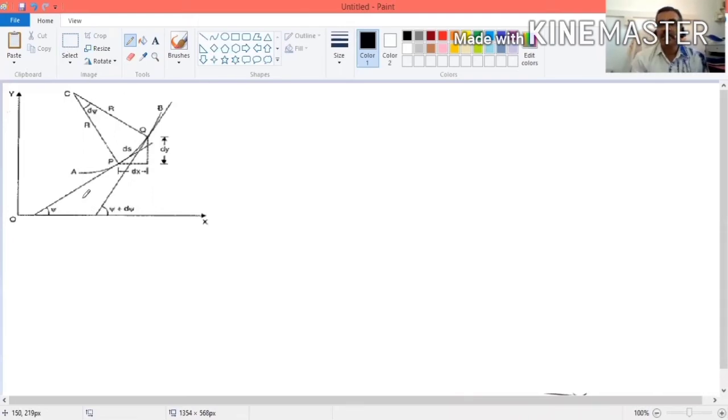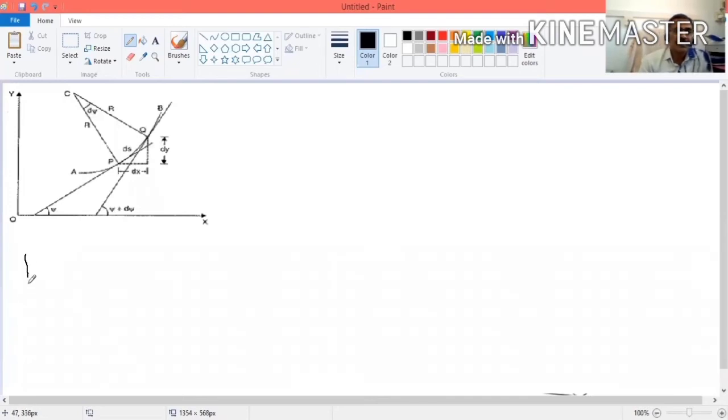I'm taking a curve because when the beams are subjected to load, they will bend. It will produce a curve. Now, I am taking a curve. For that curve, how do we find slope and deflection? That's what we are going to discuss. For that, we need to derive a differential equation for deflection.